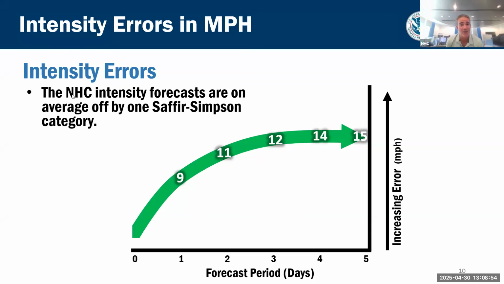You know where that came from? That came from factoring in these average errors. And I think that statement still holds water today. However, if you're in the mid-Atlantic or the Northeast, I don't think you should do that. You're probably going to over-prepare and over-warn, because typically as storms make their way up to your latitude, they're usually weakening. And this 1 Saffir-Simpson category is really not good to factor into your planning tool there.